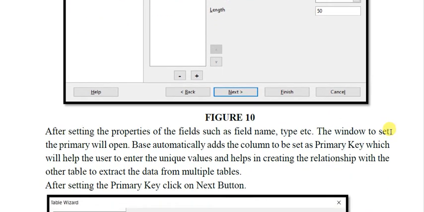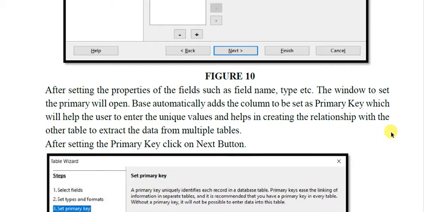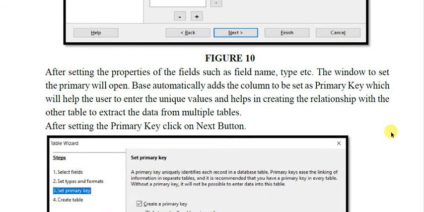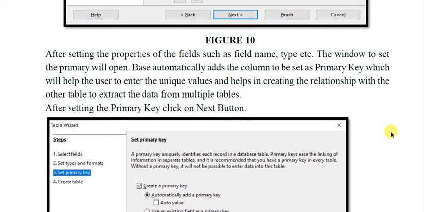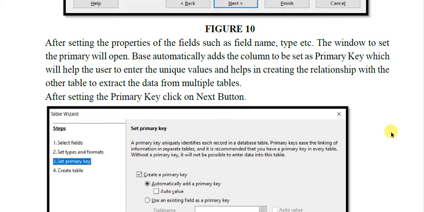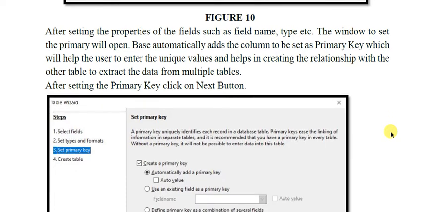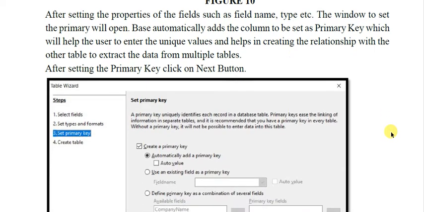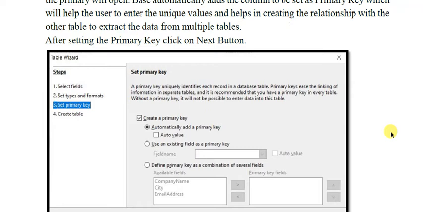After setting the properties of the fields, the window to set the primary key will open. Now here, as you have studied about the primary key in the previous video lesson, you will have to select a field that will be used to identify rows, or you can say the unique field, that does not have common values.